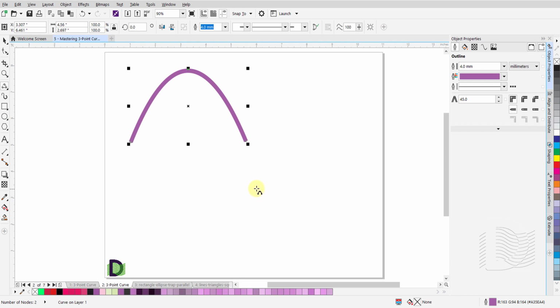To draw a curved line with a perfect arc, follow the exact steps as above. That is, click and hold the left mouse button. Move the mouse to the intended end point of this curved line. Release the left mouse button. Now, press and hold the Control key, Command key on the Mac, and move the mouse to draw a perfect arc. Left-click once to complete the arc. Release the Control key or Command key on the Mac.